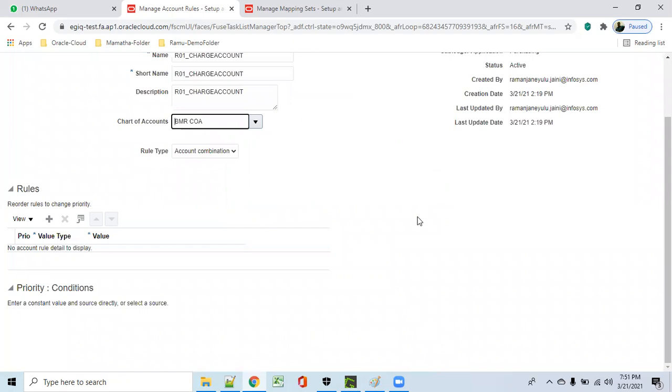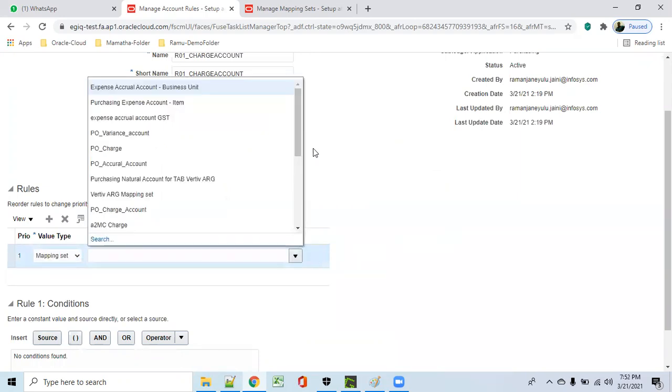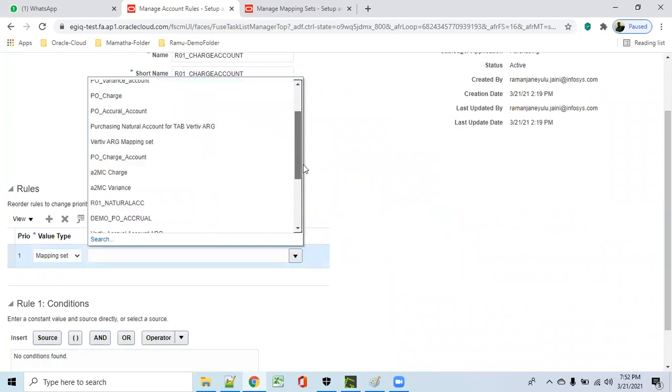Next, here these are the rules. Click on plus. Here the system will give options: either not to make it, or make out your account combination using account rule, constant, or mapping set. I want to make it out using my mapping set. Select here, R01.